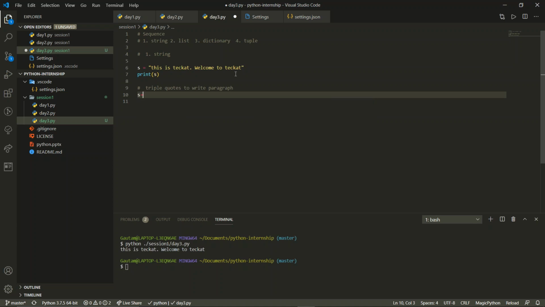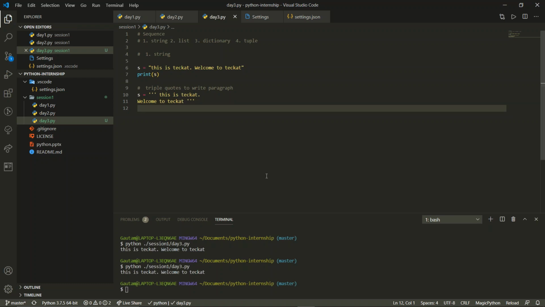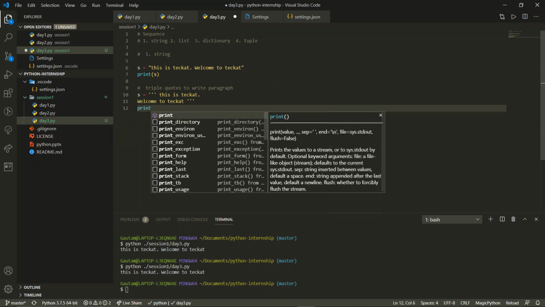Now we'll just have s equals to in triple single quotes. And then we'll close it. Six quotes in total. Over here, we'll just copy this entire statement right from here, and we'll paste it over here. And we'll just press enter. So you can see there is no error over here. And if you just execute this code, I believe it is not saved. Okay, we haven't printed it.